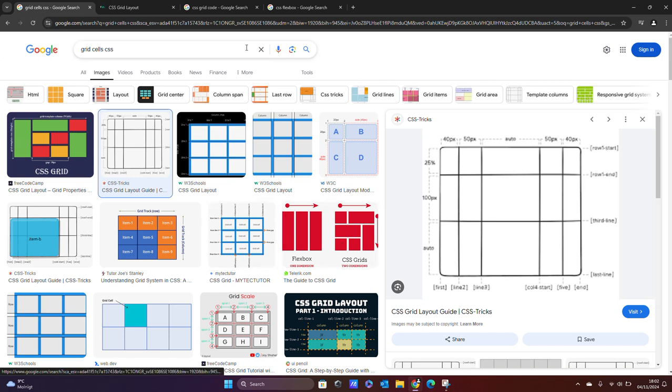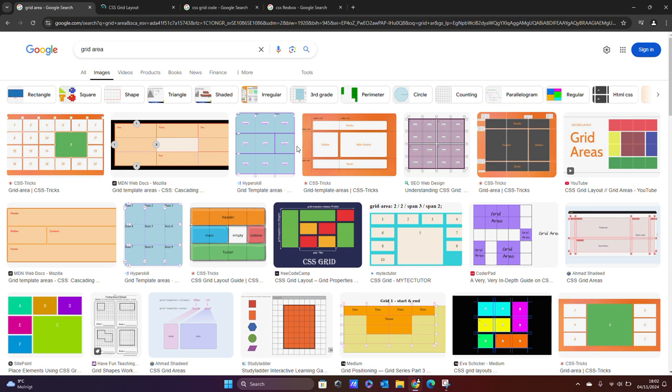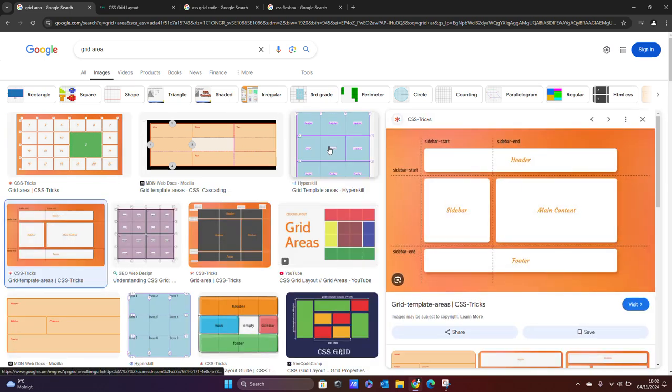Then you have grid areas. So let's use this one right here. Grid areas are named sections within the grid that allow for easier placement and organization of items. So here you have this. This is the sidebar. This is the main content and the header and the footer. So then you can start